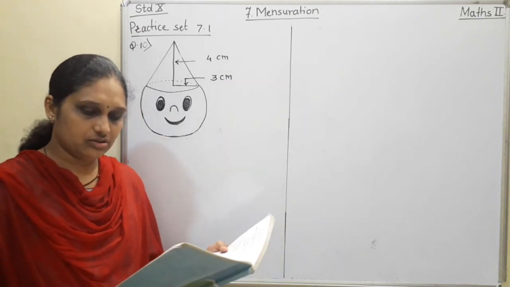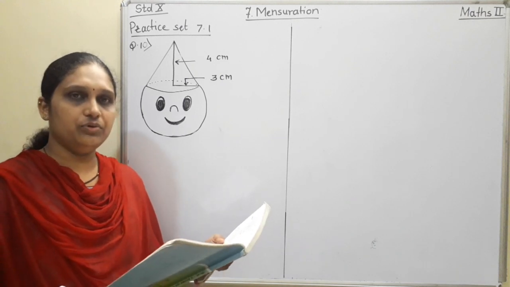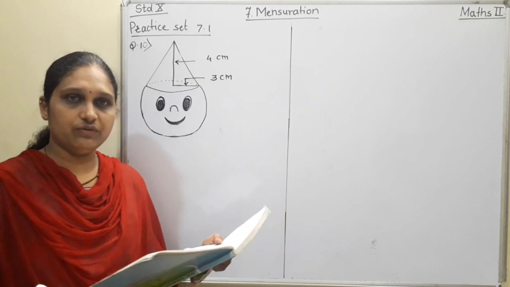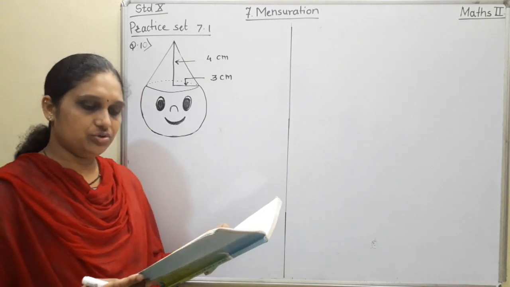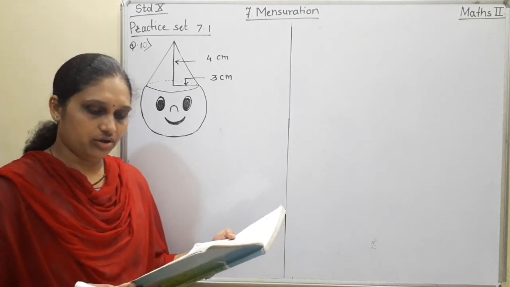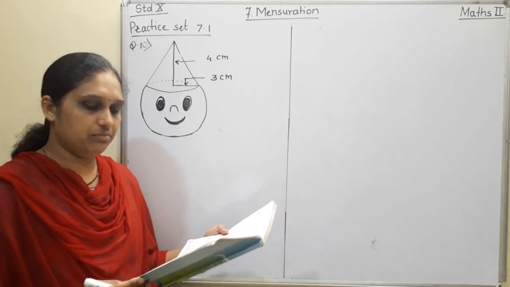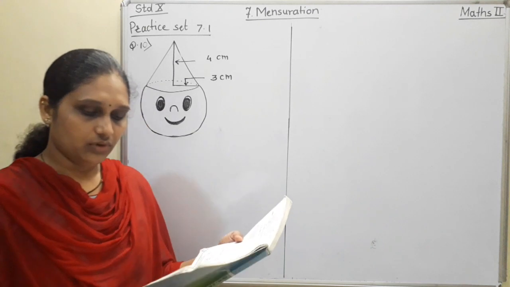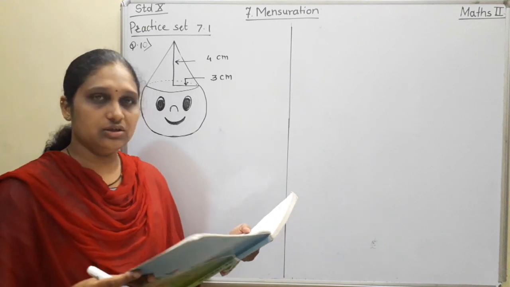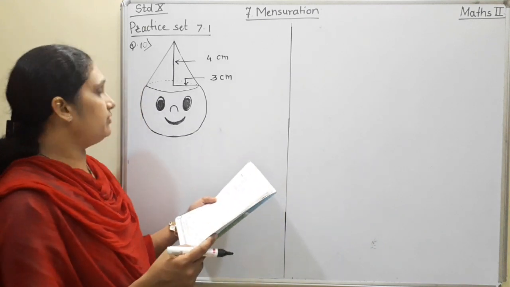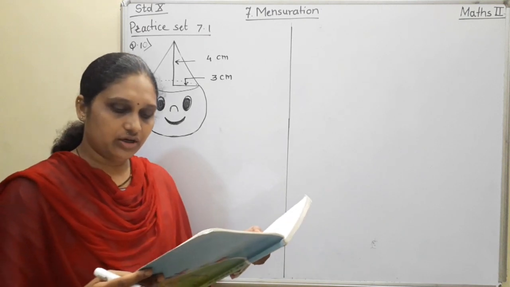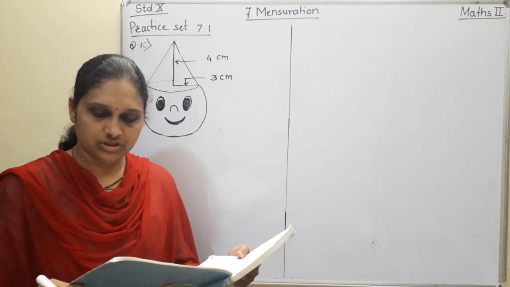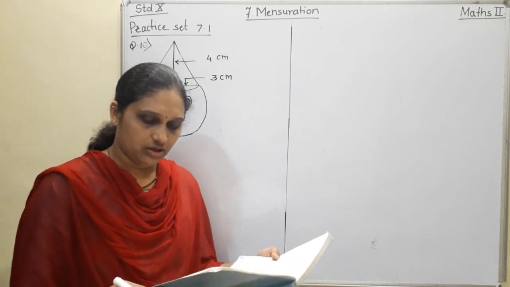Now in this question, see what is given. Keep your textbooks in front of you. On page number 145, a figure is shown of a toy. Its lower part is a hemisphere, so this is a hemisphere, and the upper part is a cone. As you can see in the figure, the upper part is a cone. Find the volume and surface area of the toy from the measures shown in the figure,